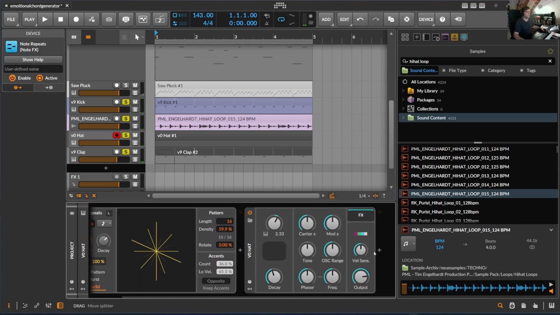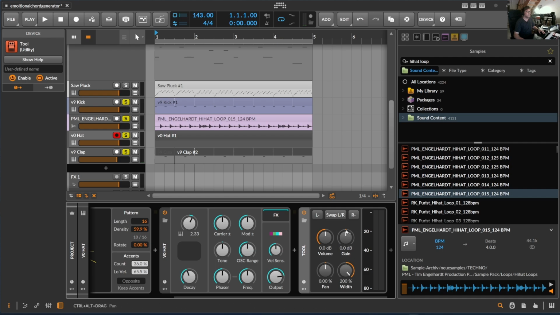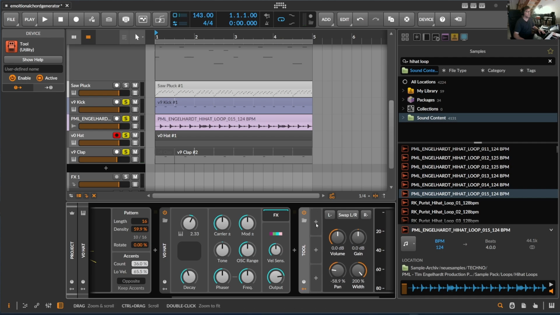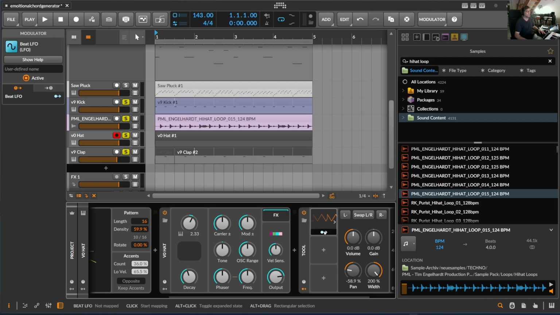Let's also do some widening and some panning. Let's go for a beat LFO, just